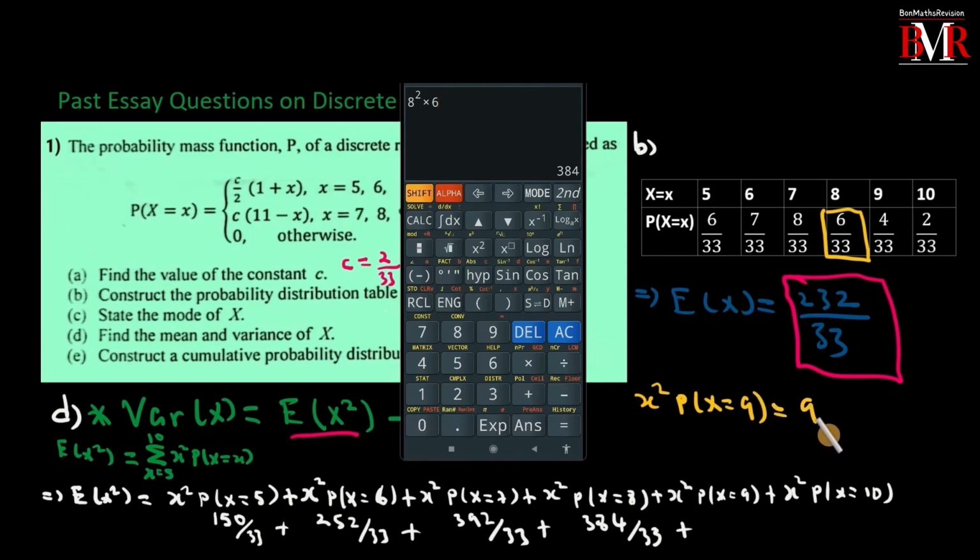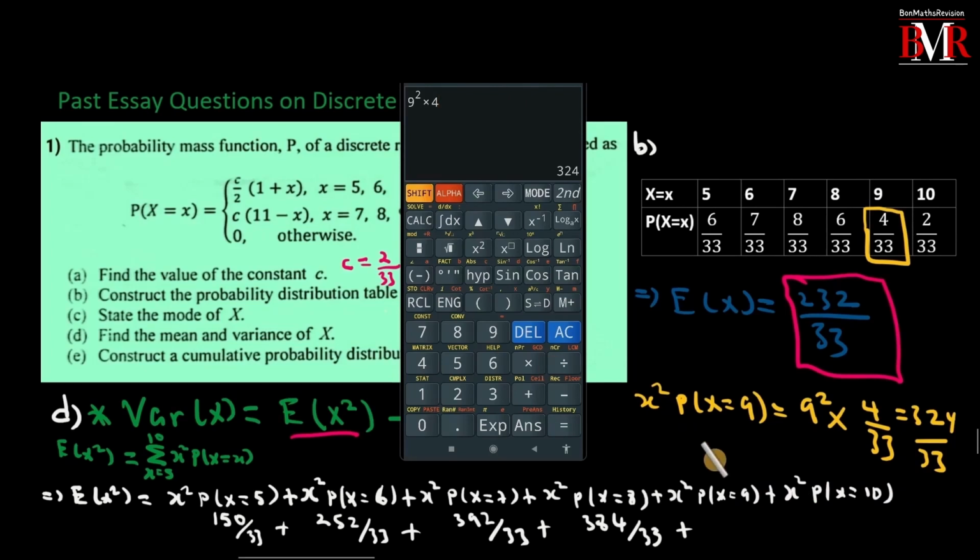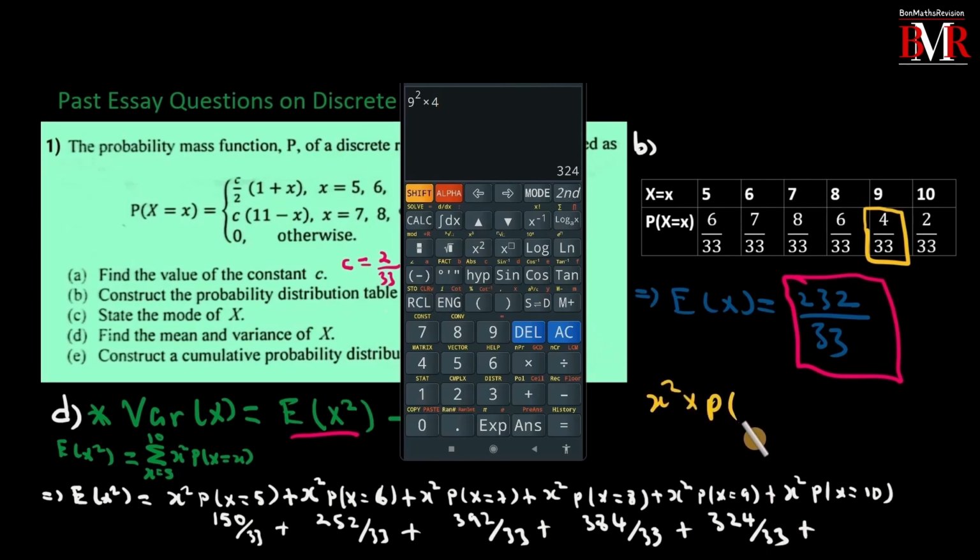That is 9 squared times 4 over 33. 9 squared times 4 is 324. That is 324 over 33. That means here is plus 324 over 33 plus x squared times probability of x equals 10,